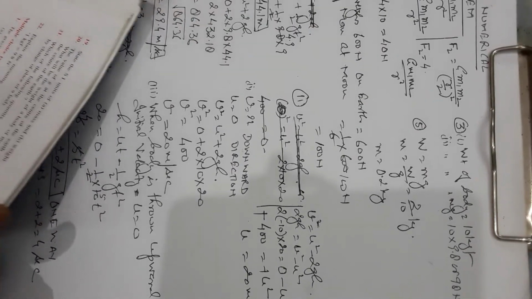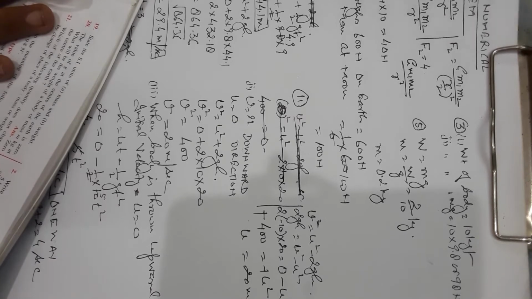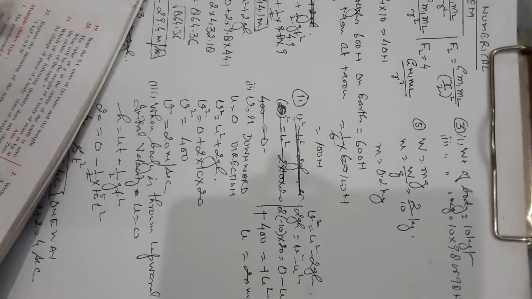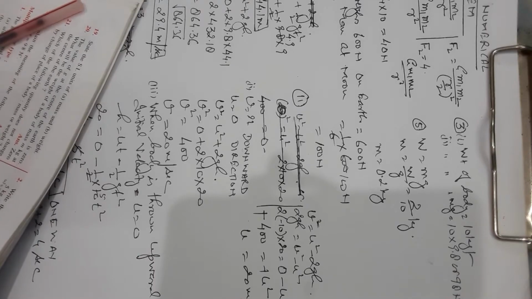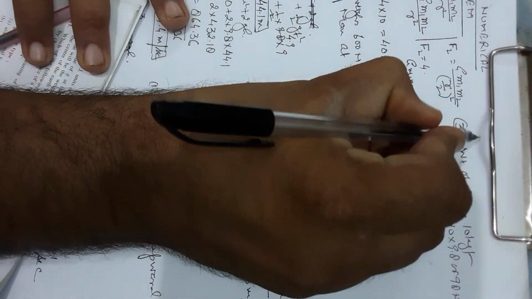Second one. Now come to the third one. Odd ones I have done, I think. Calculate the weight of the body of mass 10 kg in kgf. See, we note down this. Mass is calculated